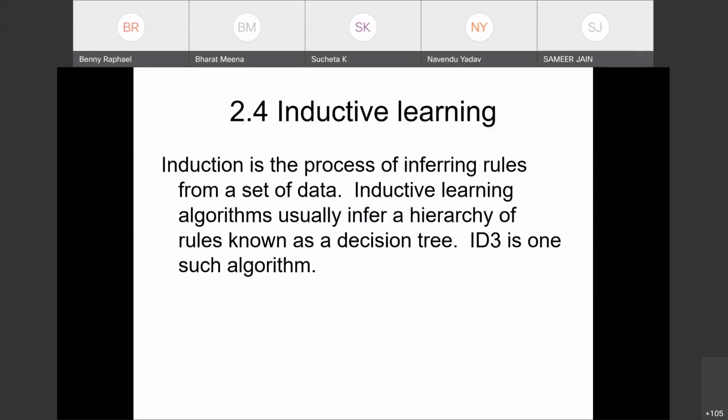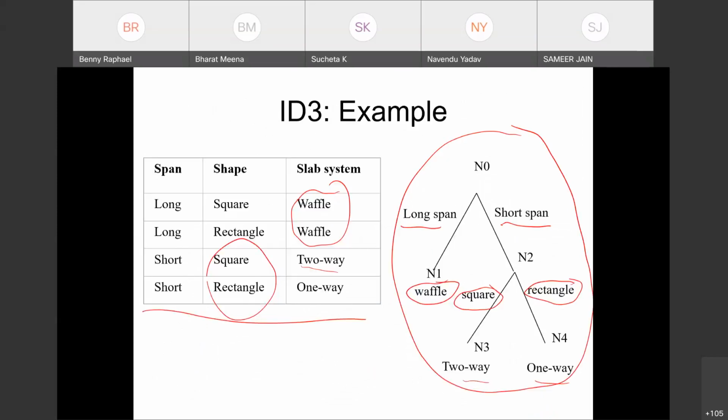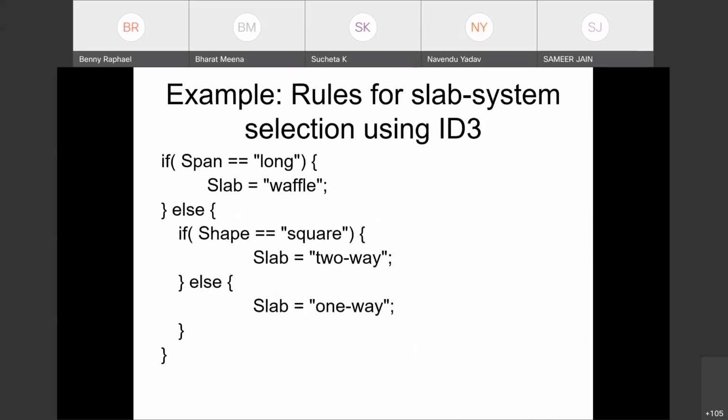I didn't include it and I skipped it, but it's a simple formula. Pi multiplied by log pi. You sum over all the data sets, where pi is, if you draw the histogram, if we have k items of a particular type, k divided by the total number, that will be the probability. So you just need to sum over it. Qualitatively I have explained, but we won't go into the details.